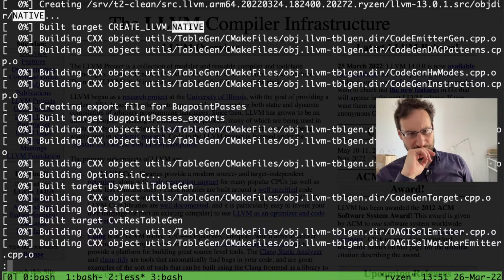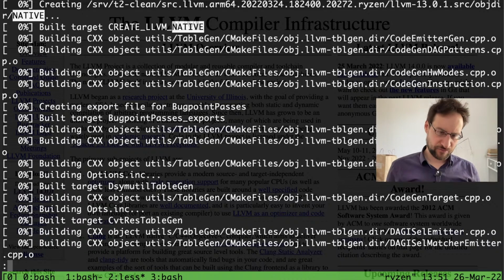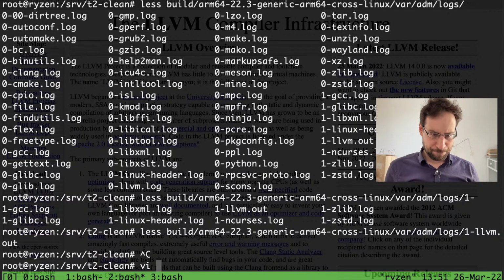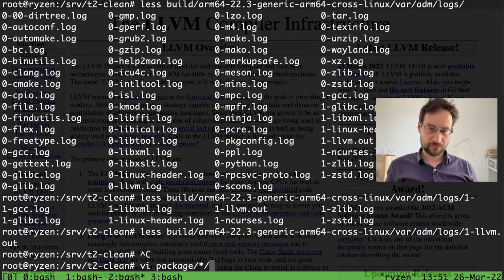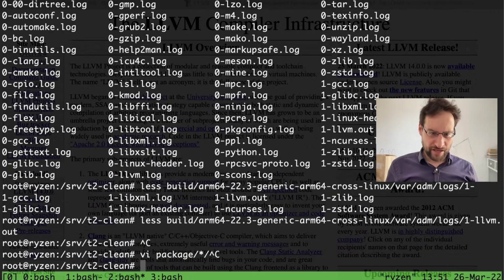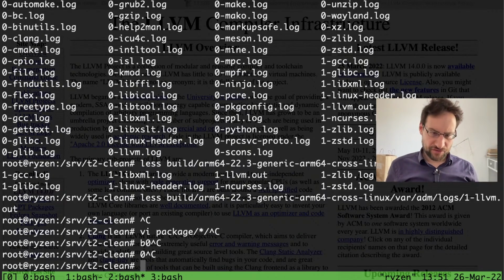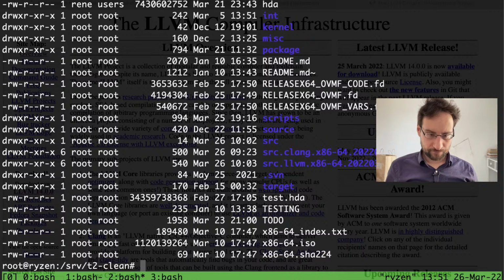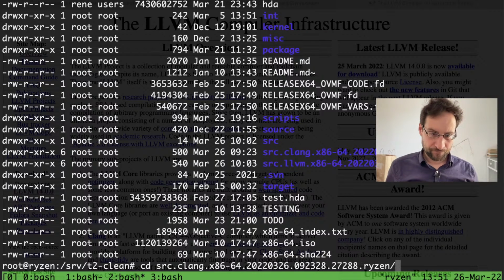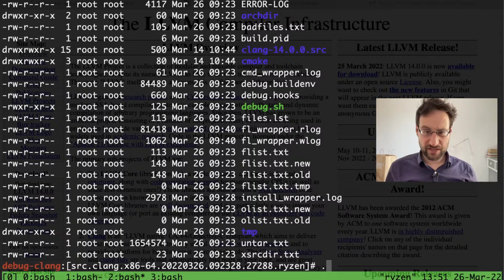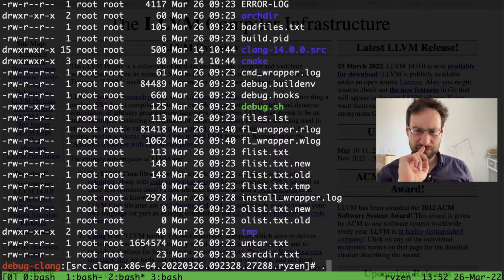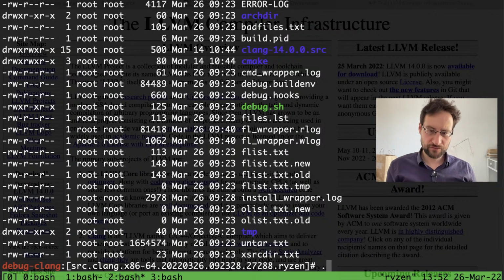I slightly wonder how much of this native stuff they need, because we actually have that. That would also explain why I was often wondering why it builds so long, and if it builds itself like twice, like once cross and once native. That would explain why. Maybe we try, as a start, I anyway wanted to try to patch that away. And then let's see how far we go. I would hope it only needs tablegen, which we actually built. So I would still think it's new in Clang 13 or 12 or something, because I'm very, very sure when I implemented cross-compiling this stuff that it didn't do that.